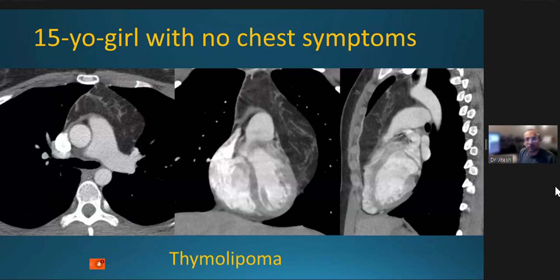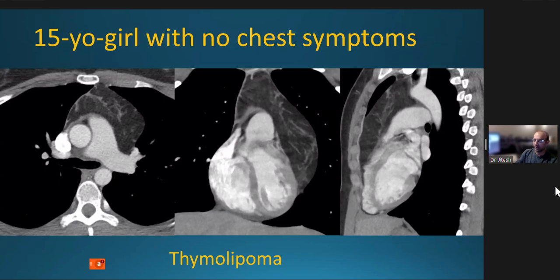All right, so let's talk a little bit more about the other fat-containing tumors in the prevascular mediastinum. This is a young girl with no chest symptoms, found incidentally. This patient has a predominantly fat-containing mass, which is conforming to the shape of the thymus. We can see the shape of the thymus. And this has a little bit of soft tissue, these septations. So this is a case of a thymolipoma, which is again a benign tumor predominantly containing fat, with a small amount of